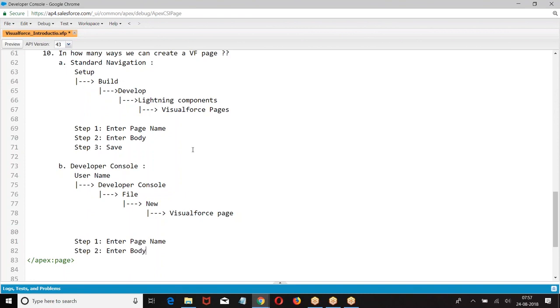So this is what we are going to do: username, developer console, file, new, Visualforce page, enter the page name, enter the body. This is how we are going to create the second format. Third format.